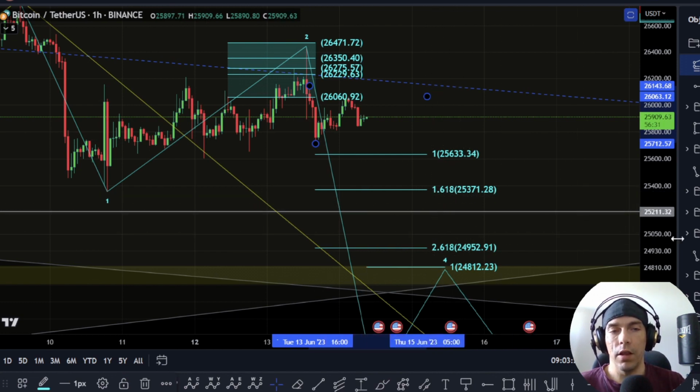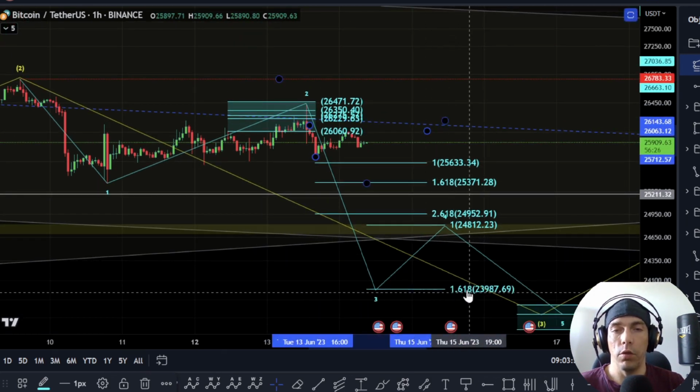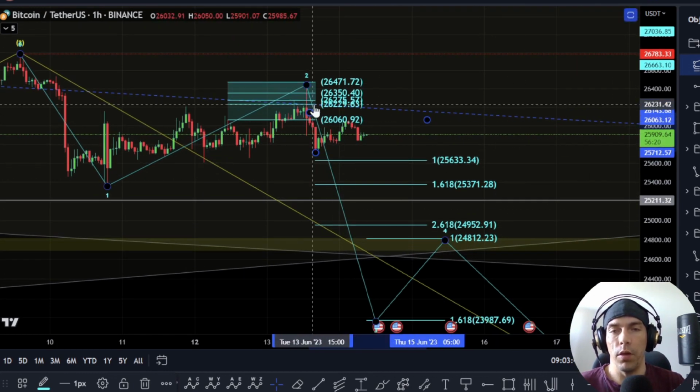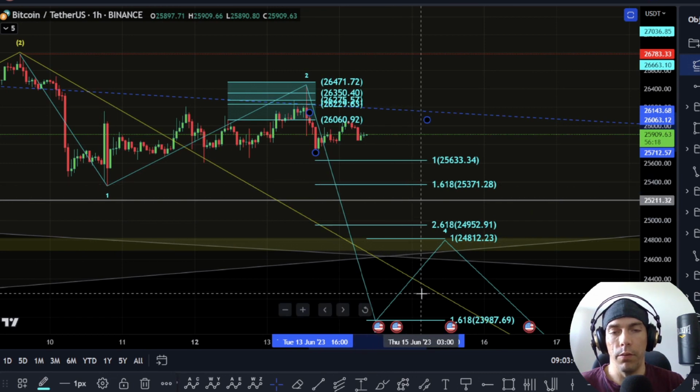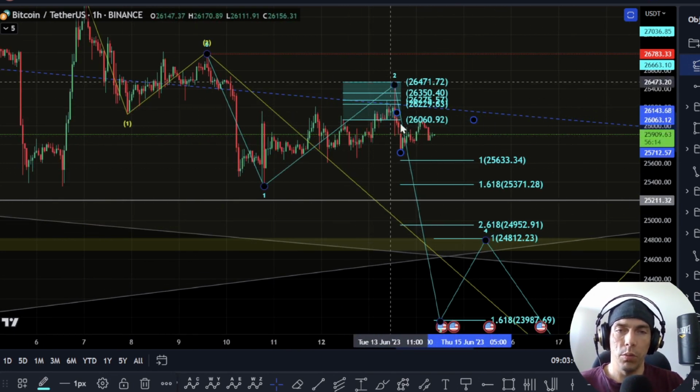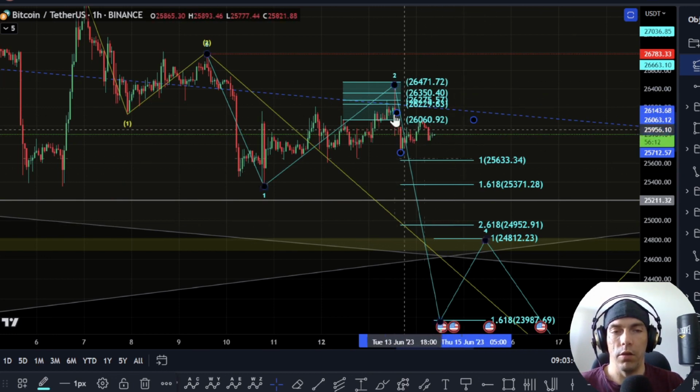But realistically, for us to actually see this as a 5-wave move down, you're looking for this 3rd wave. We'd probably need to see something come in more towards the zone of this 2.618 for this to be 1, 2, 3, 4, 5, and then we'd get another 4th and a 5th, which would take us down there. So this is possible, but we need to actually see price look to break down in a bigger way here